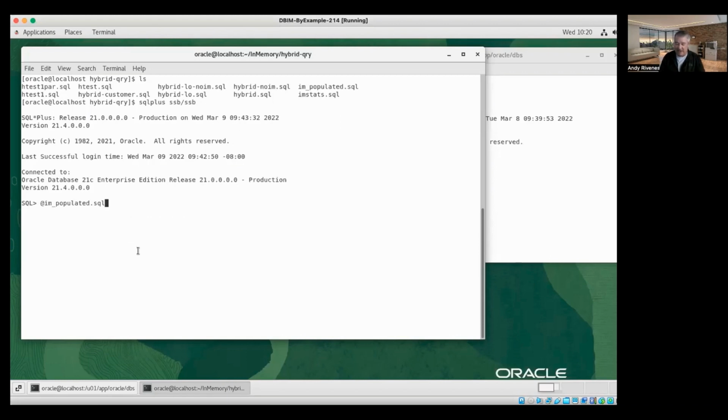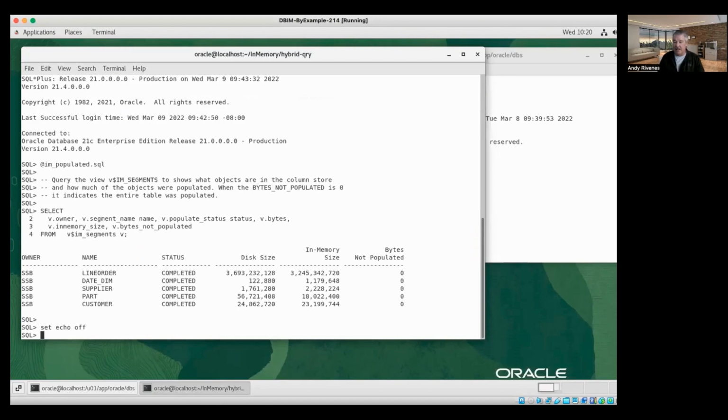So let's take a look at what we currently have populated. And I actually have all of the star schema benchmark tables populated just because it's part of one of the demos I do. But what we're really focusing on is the line order table. And then actually, I'm just going to highlight that number there, because as we get later in the demo, we'll go back and compare that, because part of the reason for in-memory hybrid scans is excluding columns to save space. And I'll show you just kind of an example of the kind of space savings that you could achieve, and then still being able to query the line order table, those columns,